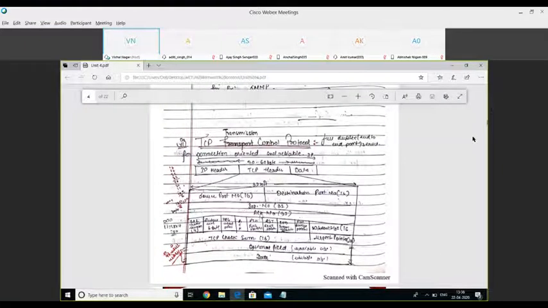I'll repeat it once again: source port number, destination port number, the port number of the service which originated this particular TCP segment, the service for which the TCP segment was created. Sequence number means the sequence number of this particular packet. Acknowledgement number means the acknowledgement corresponding to the previous receiving.